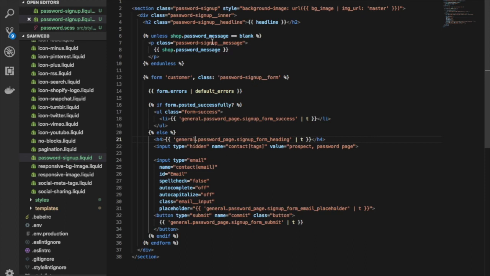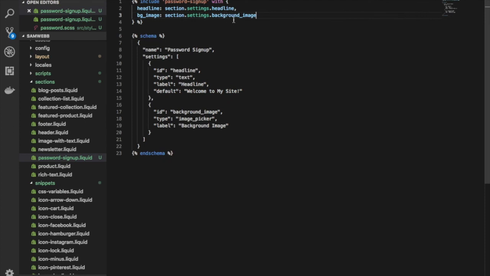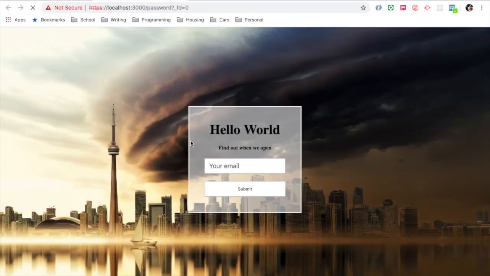A better example would be, say, if we were doing a hero image, and I think I mentioned this, we had a bunch of different sections and sometimes it's being pulled from, say, meta fields, or from content on our product page, or from a section. This is talking about the actual data. It would still be good to have a normalized HTML file that already has CSS and HTML written for it, that you basically call like this and just pass some stuff into. So we could also just directly say headline equals hello world. I don't have an image URL on me right now, but if I come back here, you'll see that this now says hello